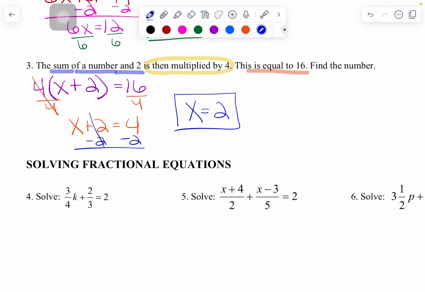All right, so that is how you can write an equation from a sentence, and then we went ahead and